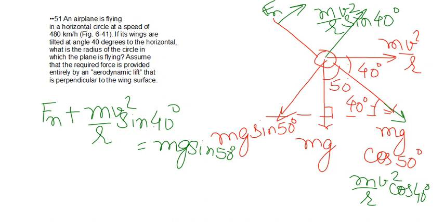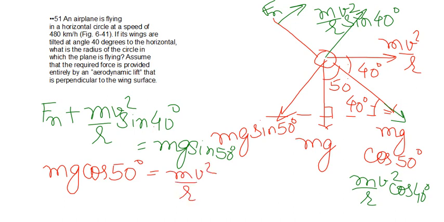The second equation that we get is from the fact that centripetal force will be provided by mg cos 50 to move in this horizontal circle. So mg cos 50 is equal to mv square by r cos 40. Now this equation is very useful. We can cancel mass, and then we get